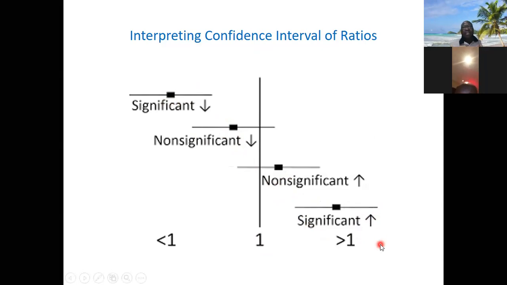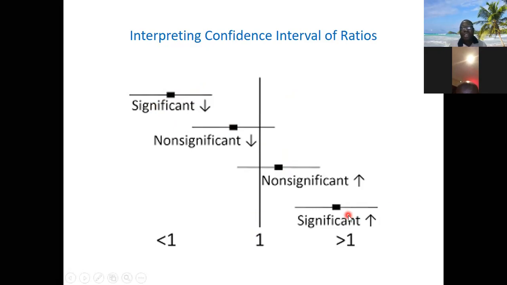But for this one now, it's telling you that on the left side, the exposure is protective because the value is less than 1. On the right side, it is causing the disease because it's greater than 1. But are they statistically significant? You see, only the extreme one, this one, whose confidence interval does not cross that 1 line, is significant,